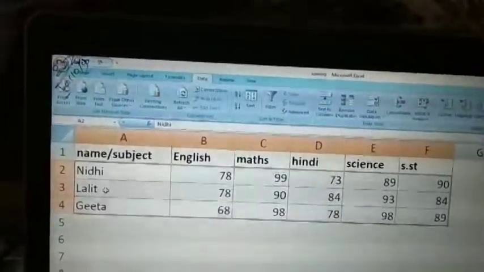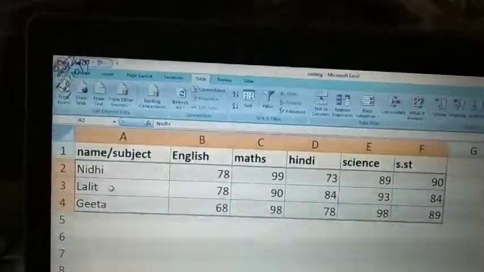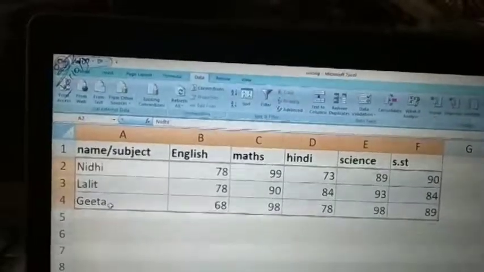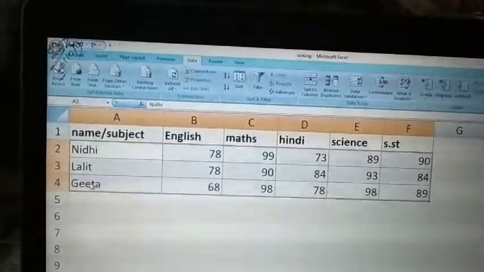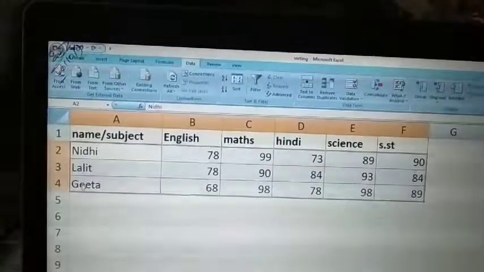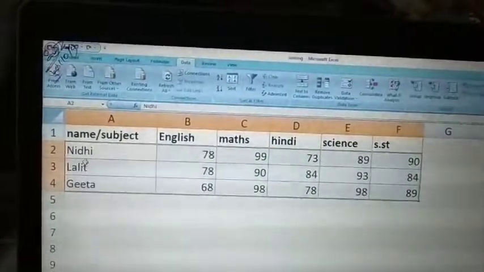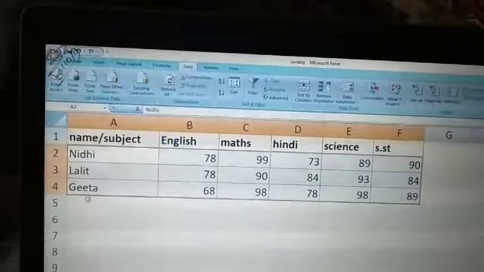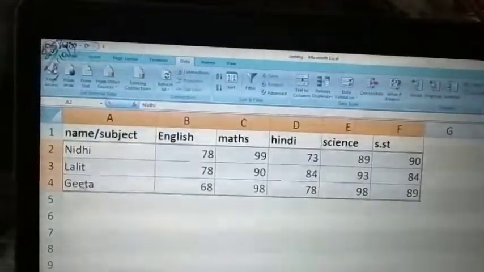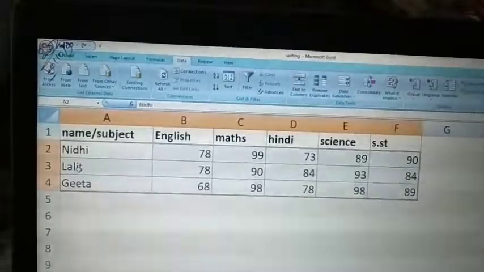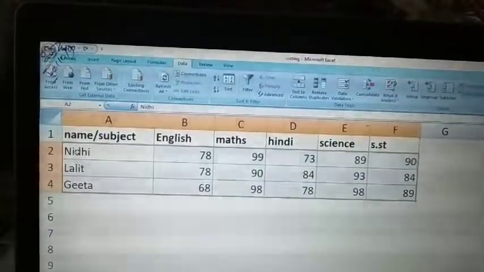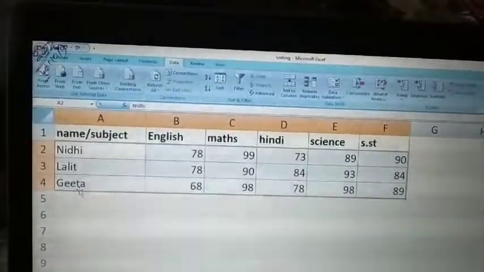Then the name starting with B comes in the second line, C in the third line. If you take this example, if we are arranging the records into ascending order, means increasing order, then Geeta should come first, Lalit should come second, and Nidhi should come third.